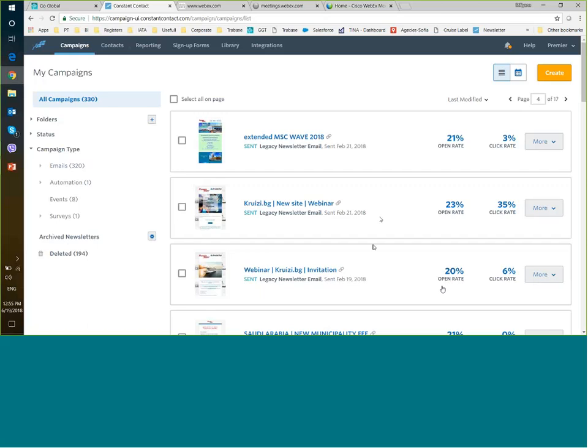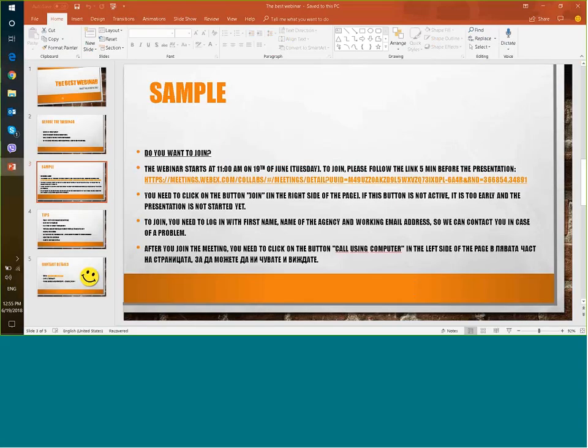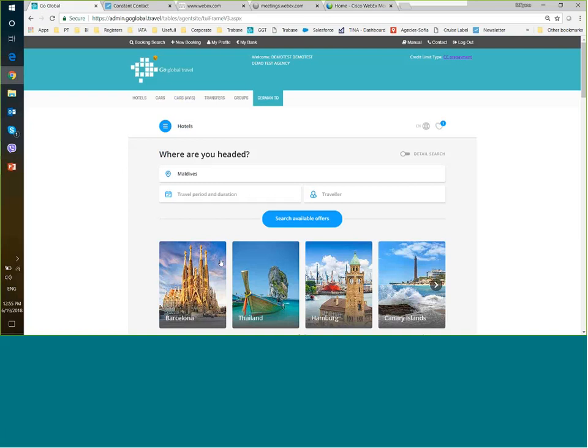So these are the basic steps: choose the audience, select an interesting topic, and show them the most important part of the system, if you show the system. If there is a topic like German tour operators, I prepare a presentation. If I only want to show something on the system, it's only a call with training. So there are no more steps, only to